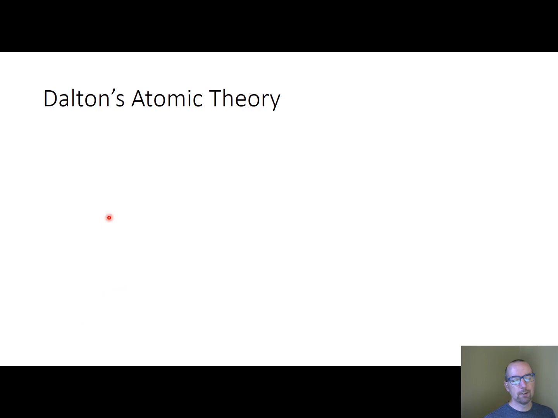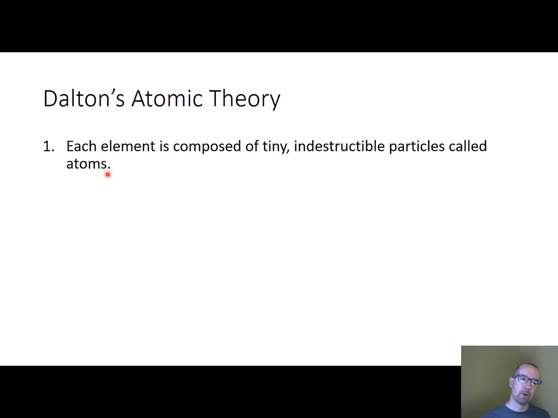Now John Dalton was an American, a Quaker, colorblind, and had a lot of great ideas on a lot of different things, but one of the things that he is credited for is a general atomic theory that sort of led thought for the next part of the scientific exploration. And one of the first things in there is it said that every element is composed of a tiny indestructible particle, and they called them atoms. People had been kicking around the term atoms before, meaning indivisible, and he believed that elements were composed of those tiny things, and that you couldn't get any smaller.